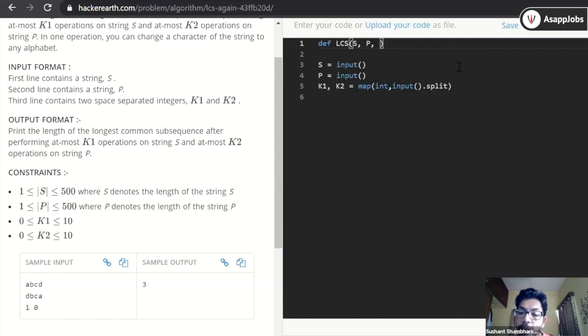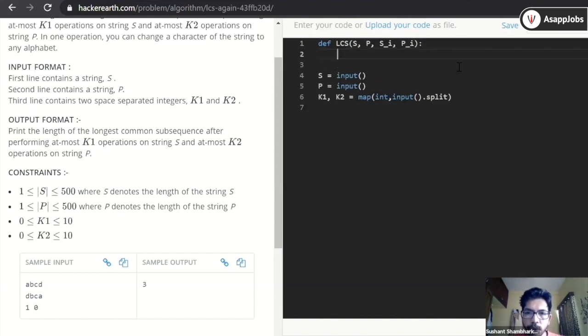We should only pass the variables that can change, like index. Length is not required in a recursive call; we can calculate the length from the string itself. The string will be the same. So how many indexes will we require? I want to know that, because there are two strings. Yeah, so we'll have two indexes: one index for s and one index for p. So these will be the two indexes.